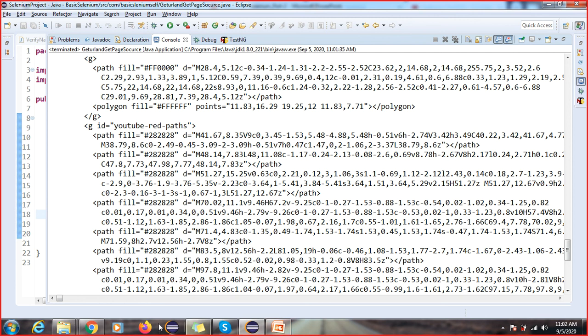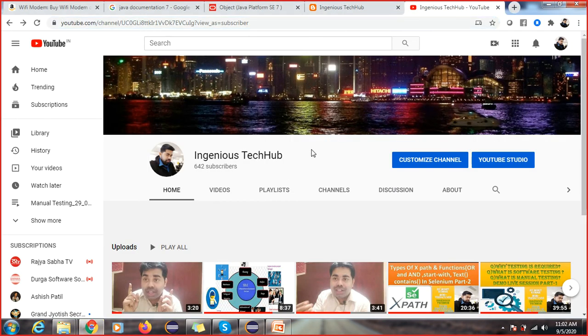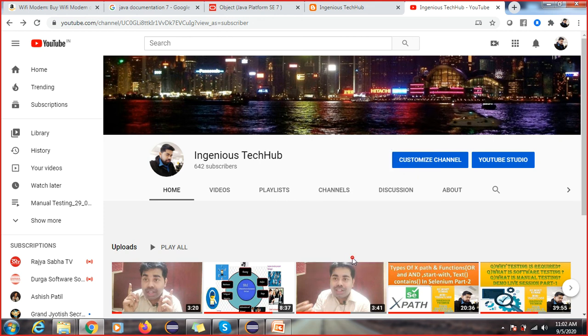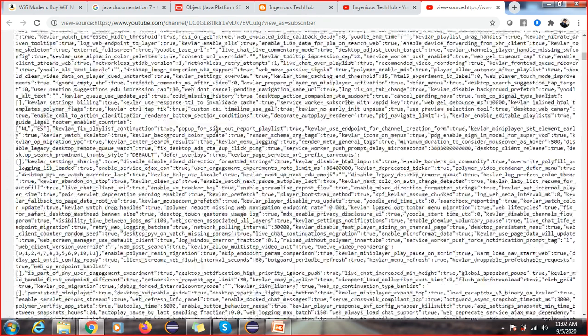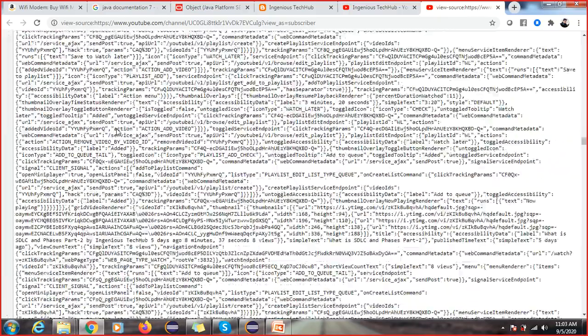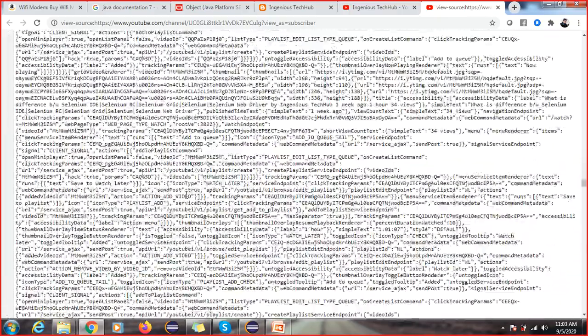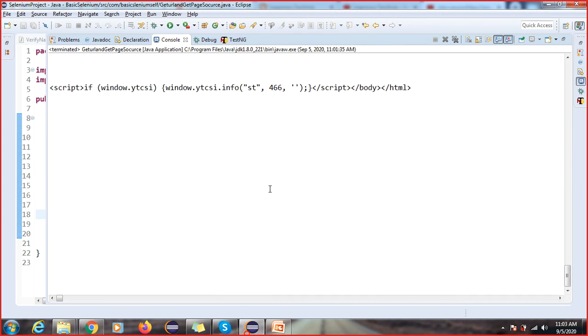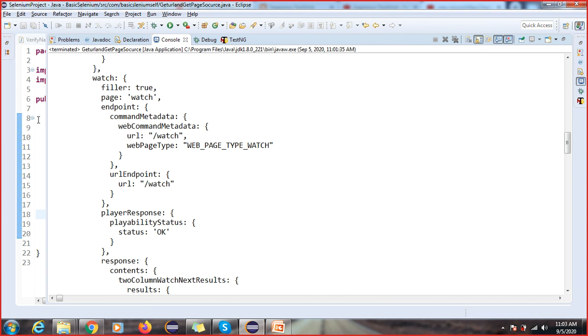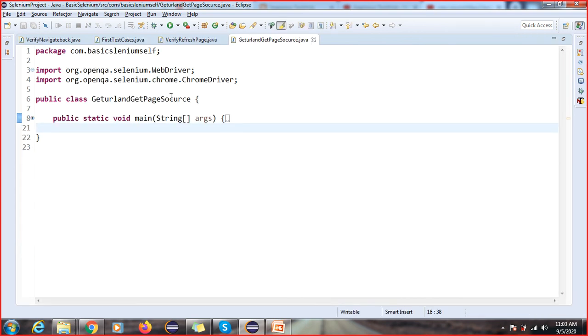You can see it manually. I can show you here. If we go here, we have the view page source. This view page source value we are capturing by using get page source. You can see the same data is printing over there. Not exactly, but the same. Got it, right? This data is printing here. So this is how you can validate in your web page.